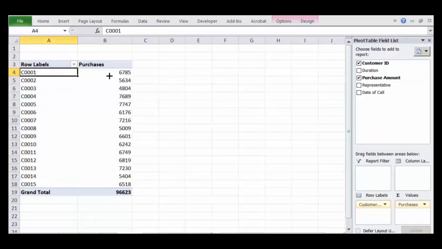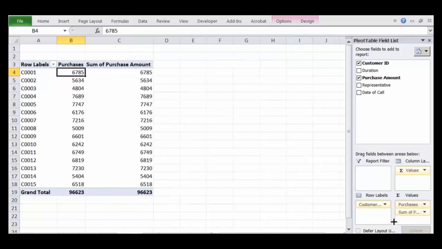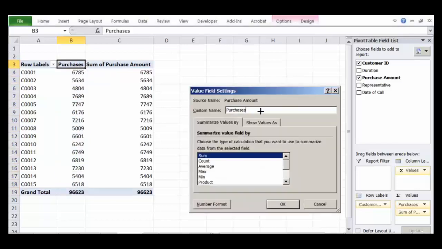So client 1 has made a purchase of 6785. This gives you a very good idea about how much purchasing is done by one client. Many times you may also be interested in how much of the total business this client has contributed. It looks very silly to include the same column again, but I can include the same column over here and put in purchases. I can put here purchase as dollar.